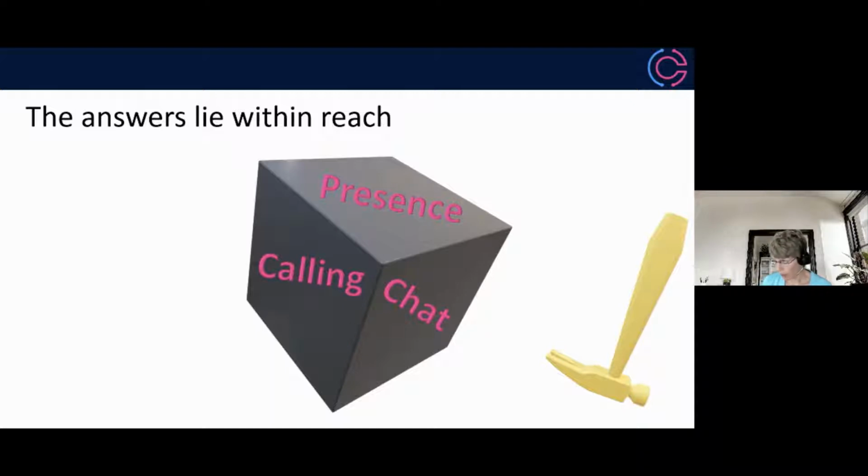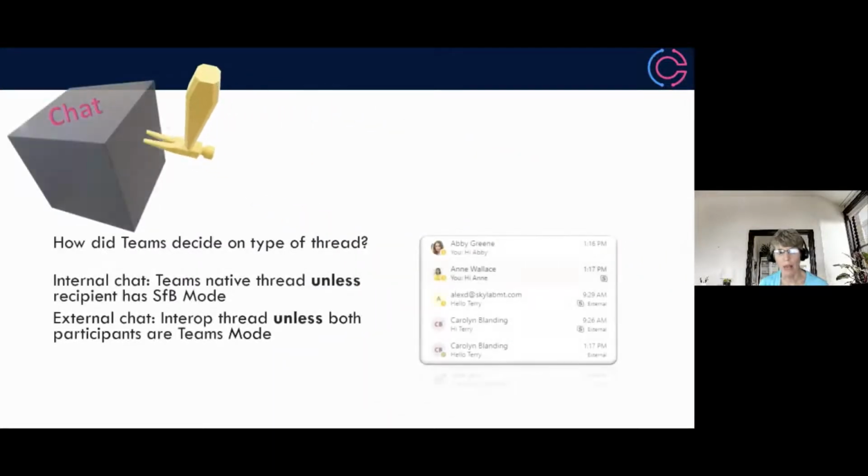Let's get started. We're going to look at our core UC workloads today: chat, calling, and presence. We'll start with chat. Have you wondered how Teams makes those decisions for those client threads? There are different types of threads: when, why, and how. First, before we start looking at the diagnostic information, it's important to understand the types of threads that are created